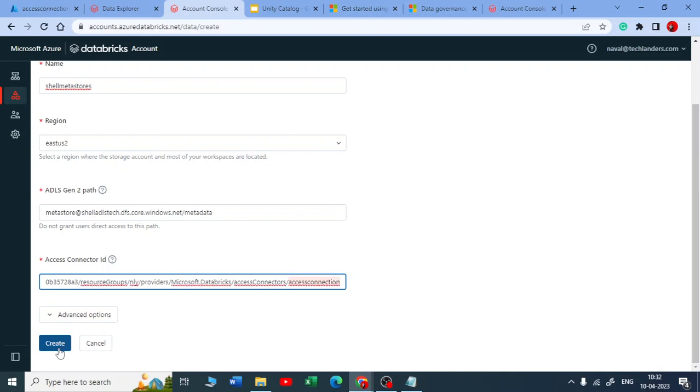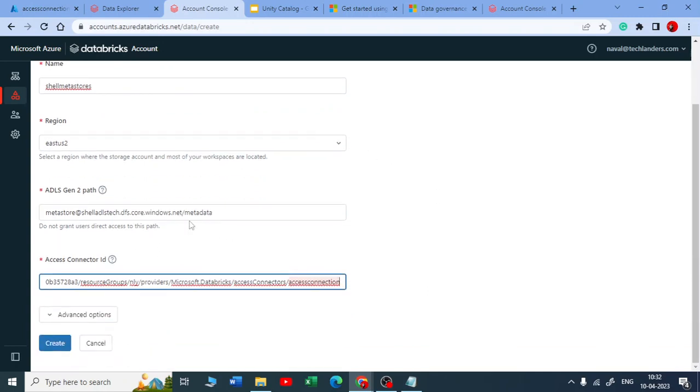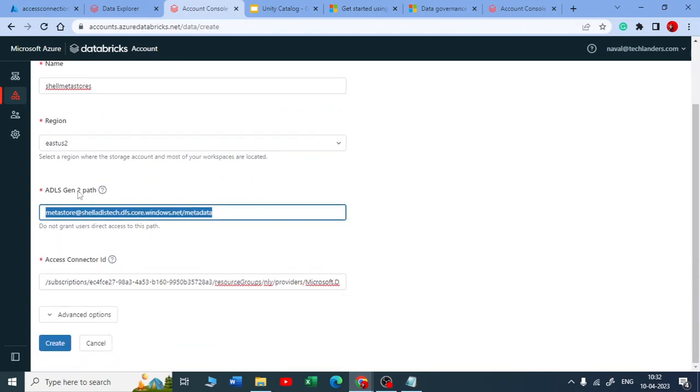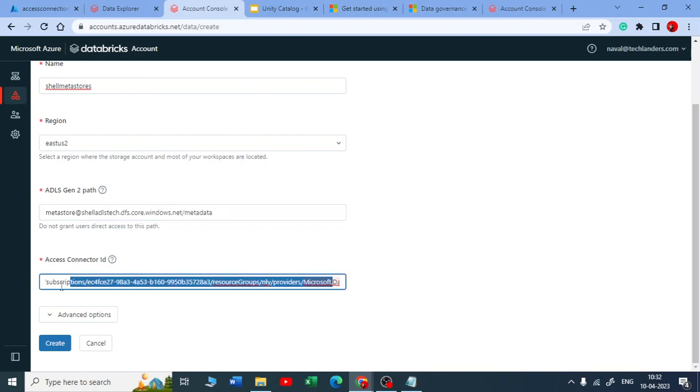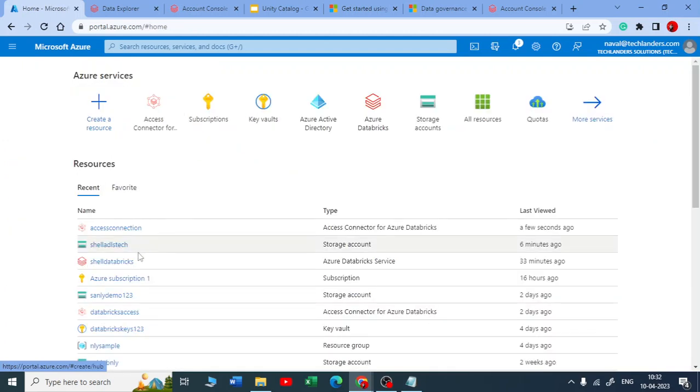And if I click on create, you may not be able to create a Metastore. The reason is your ADLS has not given a permission for this access connector. So you need to give an access control for this connector. So for that, let me go back to my container or the